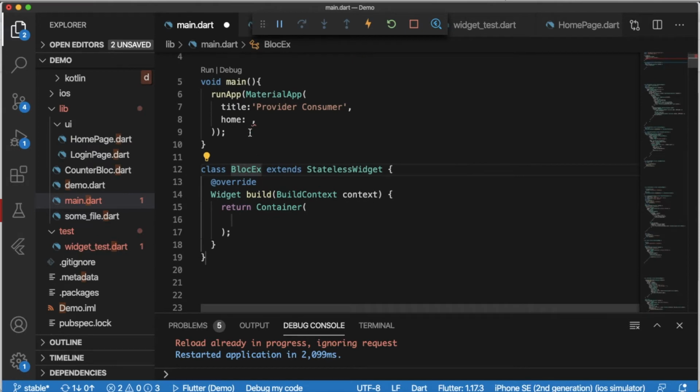Then I will add this BlocExample in the home. I will change the title to BLoC.